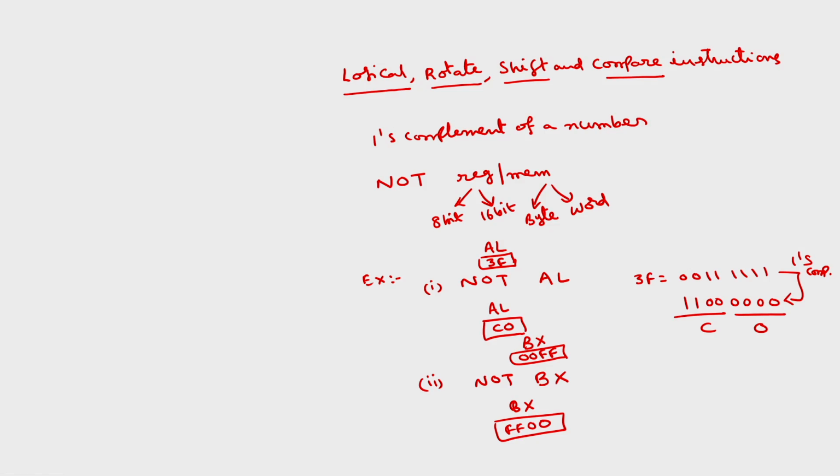Similarly, we have an instruction for the 2's complement. This is 1's complement plus 1. The instruction for this one is negate, NEG. NOT is for the 1's complement and NEG is for the 2's complement. The format is the same as that: you have to specify either register / memory. Register can be an 8-bit register or 16-bit register. Memory can be a byte or word. This simply takes the 2's complement of the register or memory. The 1's complement plus 1 will be stored back into the register / memory.